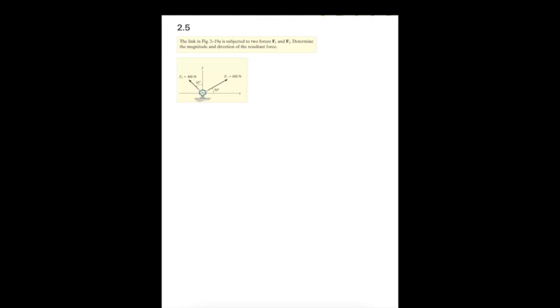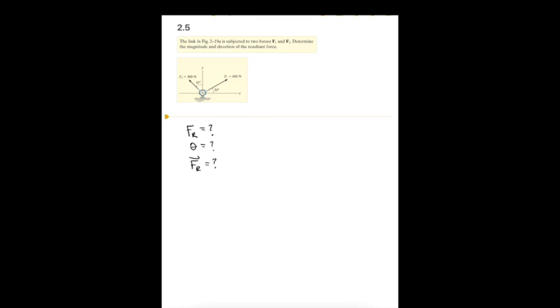Okay, in our second example, we again see that there are two forces here, F1 and F2, but this time we're asked to find the resultant force. And we're going to express it in two different ways. So first we want to find that resultant force Fr, its magnitude and its direction, and we can call that angle theta. And we also want to be able to express that as a vector using our Cartesian unit vectors.